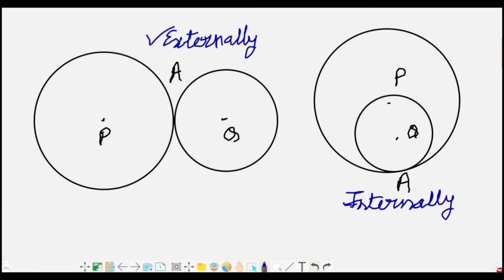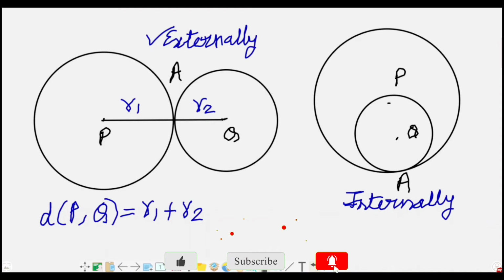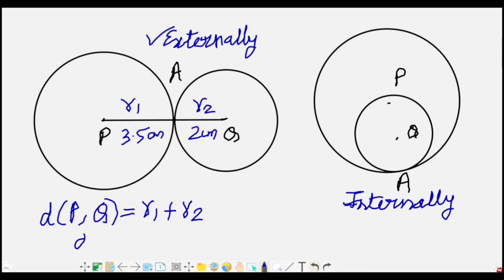So when you look at the figure, if I join both the centers, and if R1 is the radius of the first circle and R2 is the radius of the second circle, then the distance between P and Q, that is the distance between the centers of the circles which touch externally, will be equal to R1 plus R2. If I say this is 3.5 centimeters and this is 2 centimeters, then